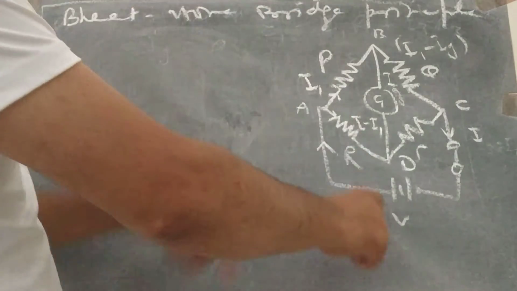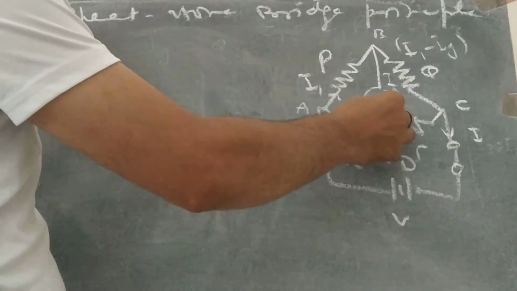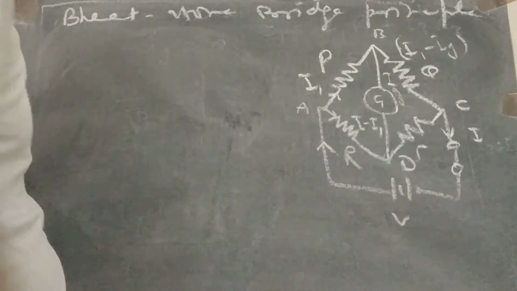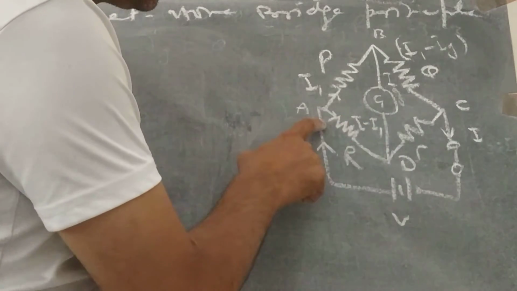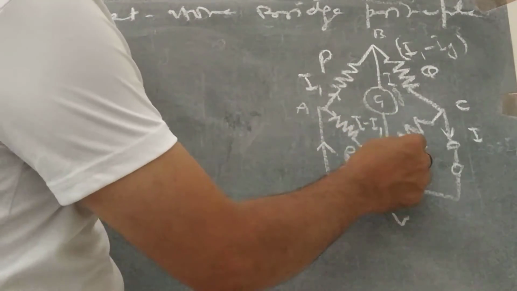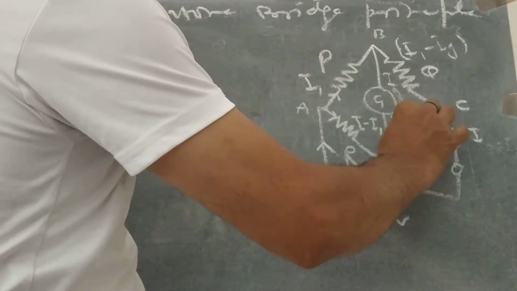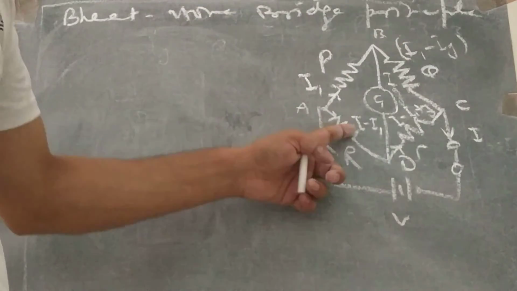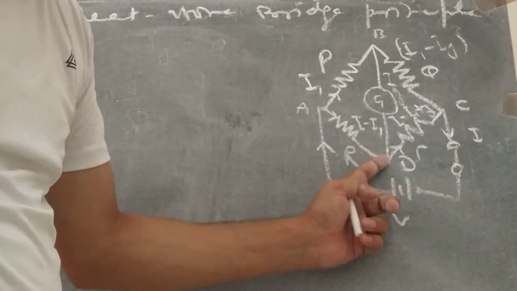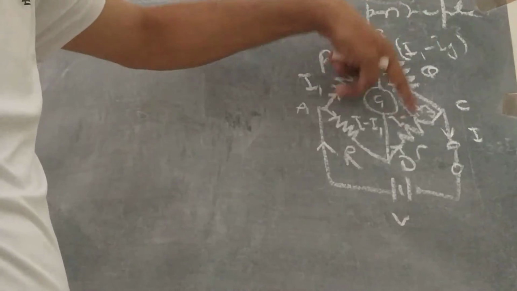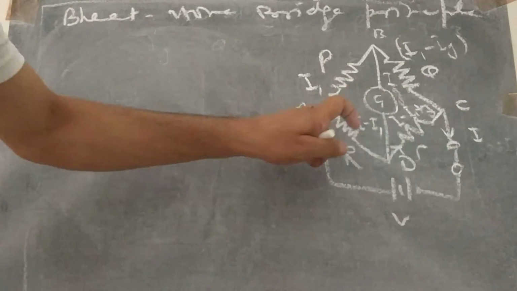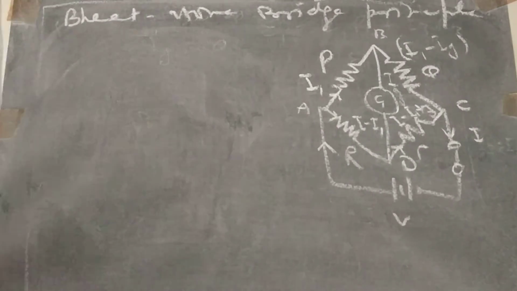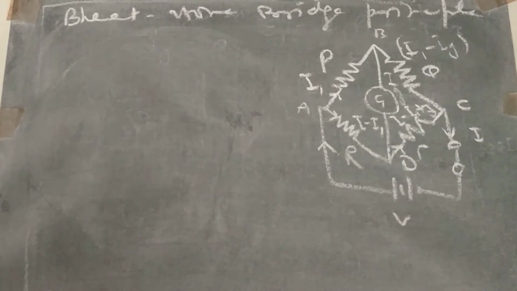Here the current is dividing in two ways, then Ig current is passing across the galvanometer, then across Q the current will be I1 minus Ig. Here I1 is coming, I minus I1 is coming, so the current across this will be I minus I1 plus Ig. Incoming equals outgoing, and if we add these two, the sum will be I. So it is the distribution of current. While solving sums, we have to find out the distribution of current across the circuit.